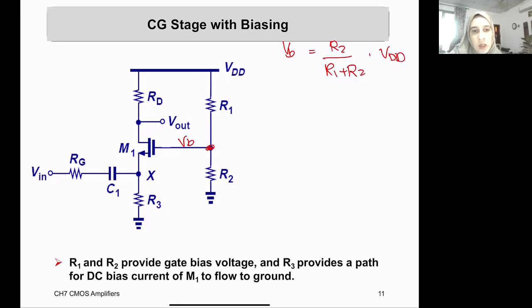Now somebody's asking why I'm not considering VDD as a ground, as we used to do in the small signal model. This is because I am finding the biasing points, and those are done in the large signal analysis. In the large signal analysis, we don't make VDD grounded. Now, when I draw a small signal model again, then VDD will be grounded because all the DC